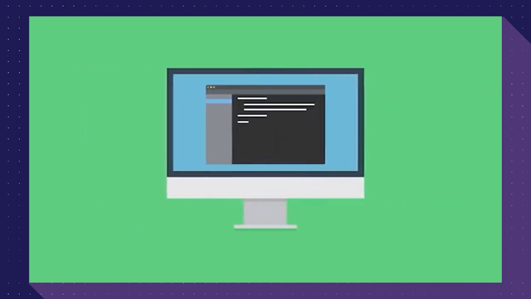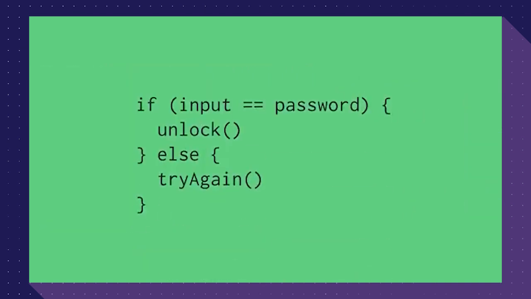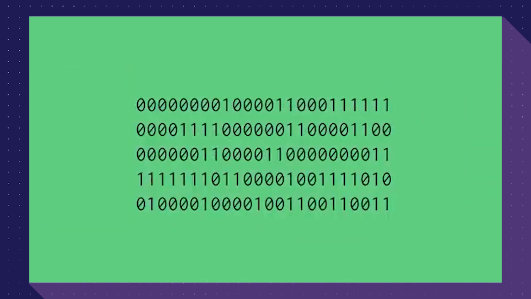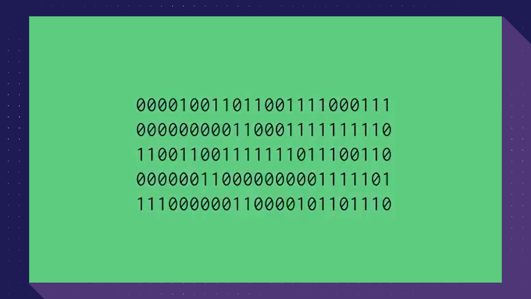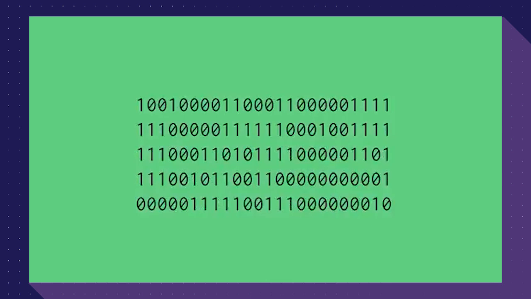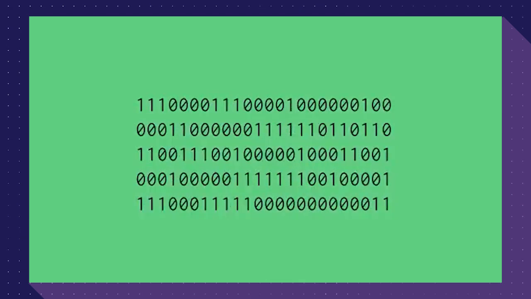If the code is an app that's meant to run on a Windows or Mac computer, or perhaps an iOS or Android device, then the code needs to be compiled. That means that the human readable code that we just looked at is converted into the simpler instructions that the computer will understand, like ones and zeros. This is way more complicated than what most people are able to read, which is why we have programming languages